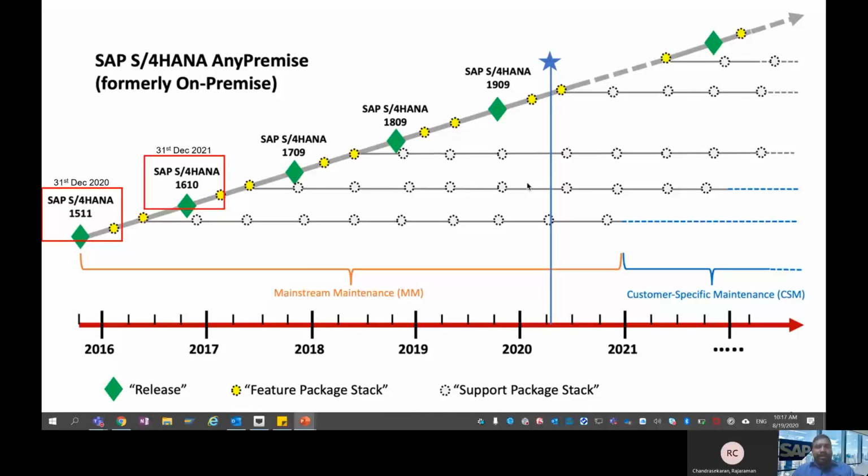While support is available until 2040, please be informed that the individual releases of SAP S4 HANA have a minimum 5-year mainstream maintenance cycle. It means that S4 HANA 1511 has mainstream maintenance until end of 2020, and S4 HANA 1610 has mainstream maintenance until end of 2021.